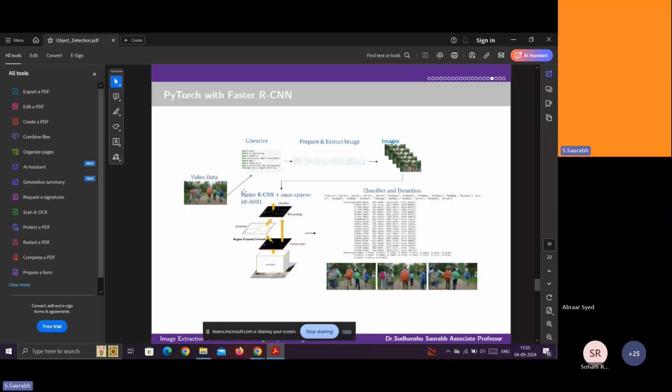RPN models are denoted by this set of code. I can download and change the code, and classified detection values are here. Who is a person, who is not a person, what is the bag, what other objects are there. According to that, it will generate the probability. Those probabilities are here, and then see, the images and bounding boxes are generated separately. These values are generated separately, both, and then you can classify properly.